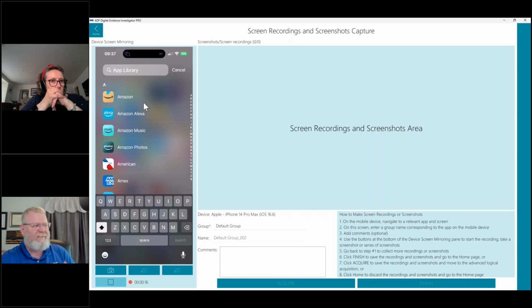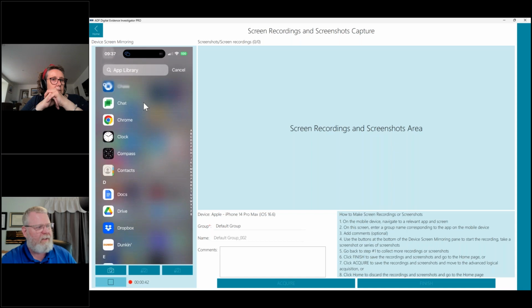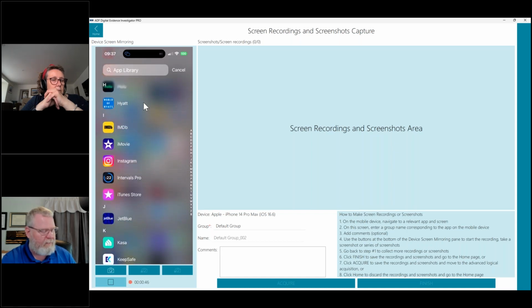What's nice about this is it's every app that is on that device, whether they hit it from their home screen or not. You can hide apps from the home screen, so they're not in those nested folders. Nobody can see it on there, but this, for the most part, tells 99.9% of the truth on whether it's on this device or not. And then you can just simply scroll through here and get your log of all the apps that are in here.